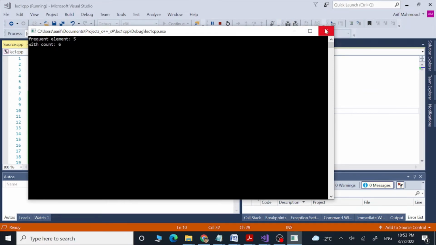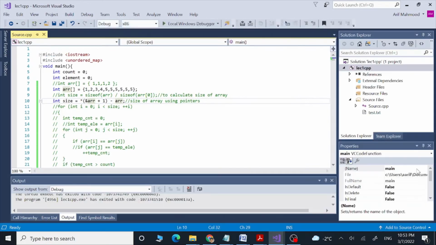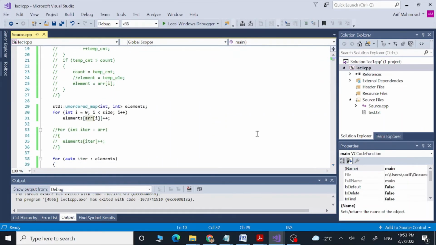Now I can show you one more thing. Here we are getting our elements and their frequency using this for loop. We can run another for loop in a different manner as well. We can use this one.